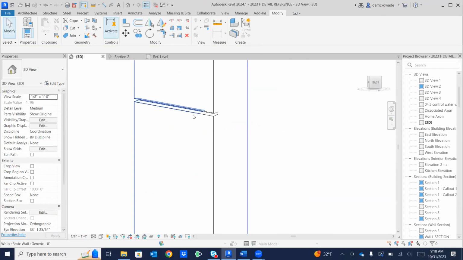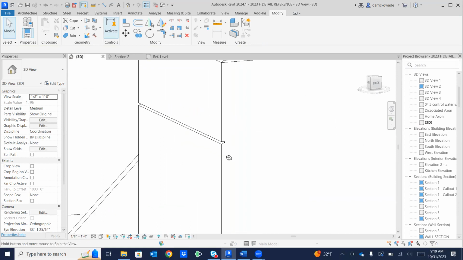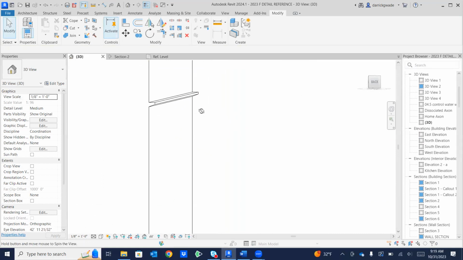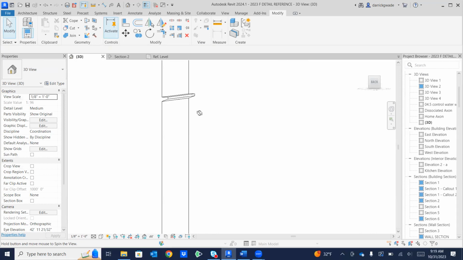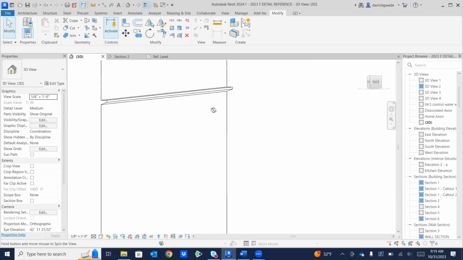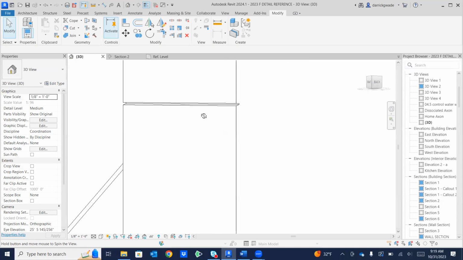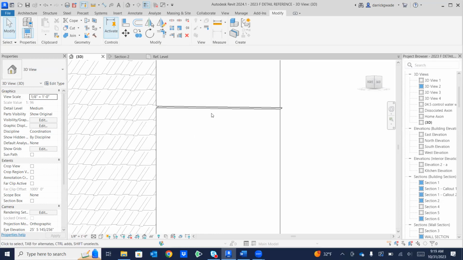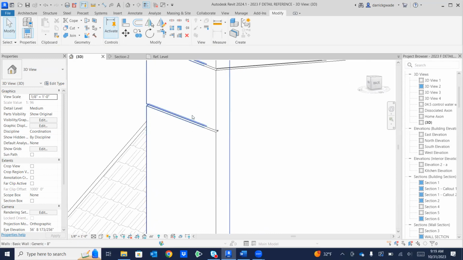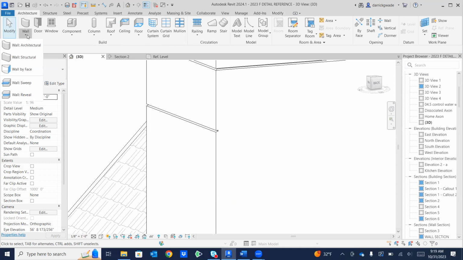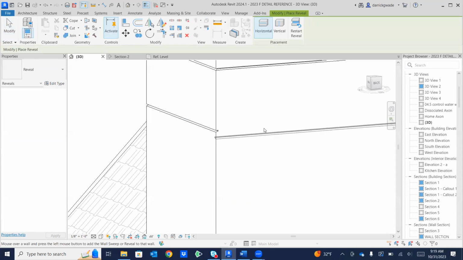Go back to my three-dimensional model. Now I can see that my joint has a rake on the bottom of it. So theoretically it can shed water. Doesn't really matter. I just wanted to show you that you can modify your own profile while we're in the middle of the stream. Okay, so now I can go in again to my wall, reveal,